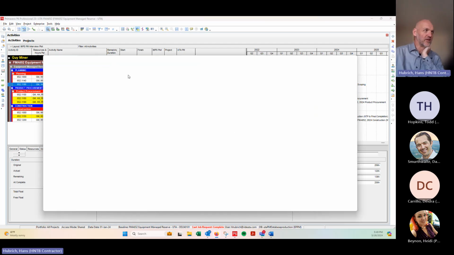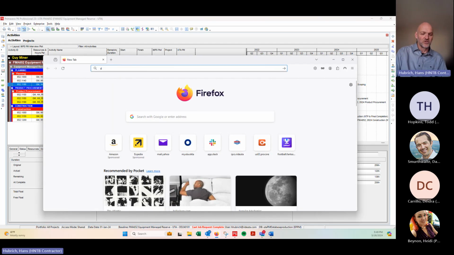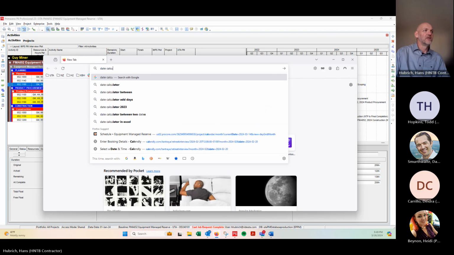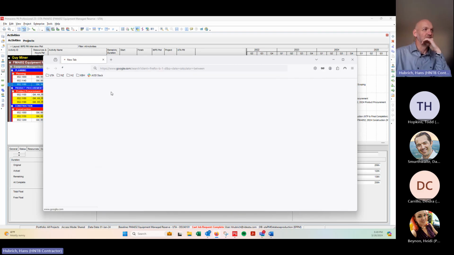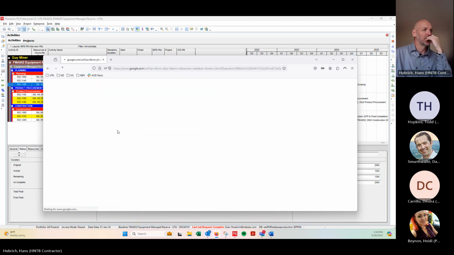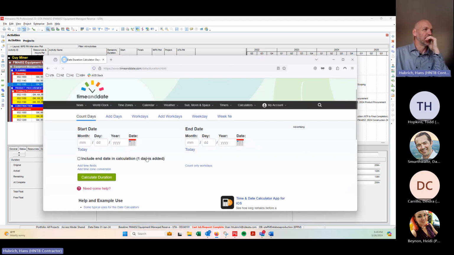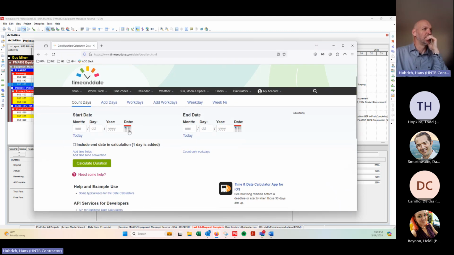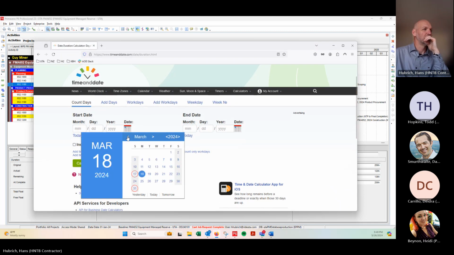One of them that I have used frequently in the past is I'll just go get a date calculator, and you can calculate the days or the weeks between. So, date duration calculator, days between dates. And I'll go in here and I'll say, how many days are there between January 1st